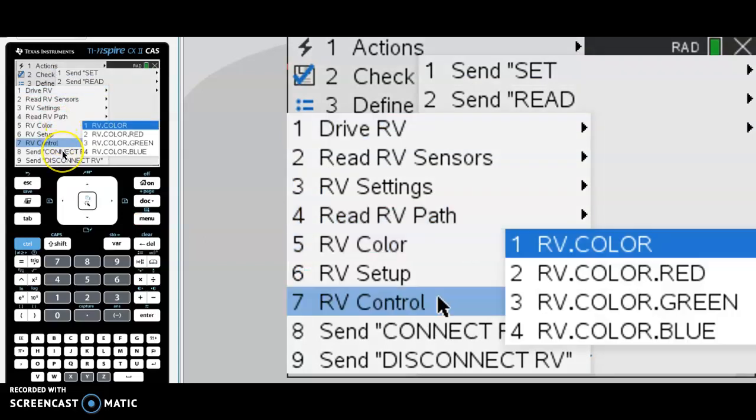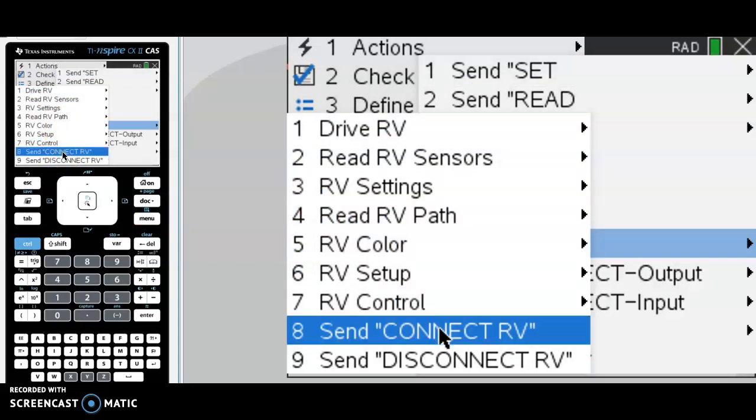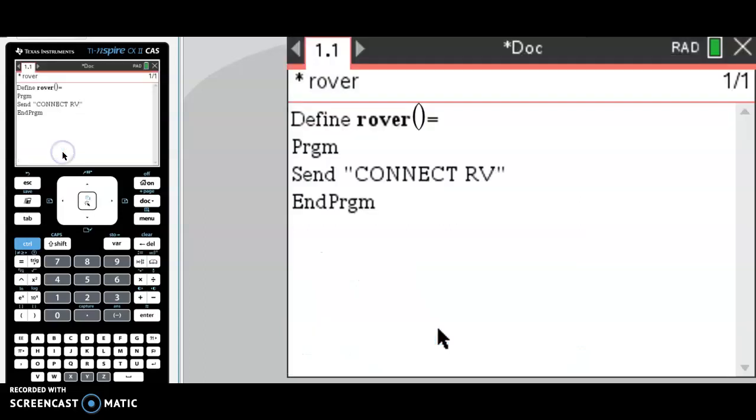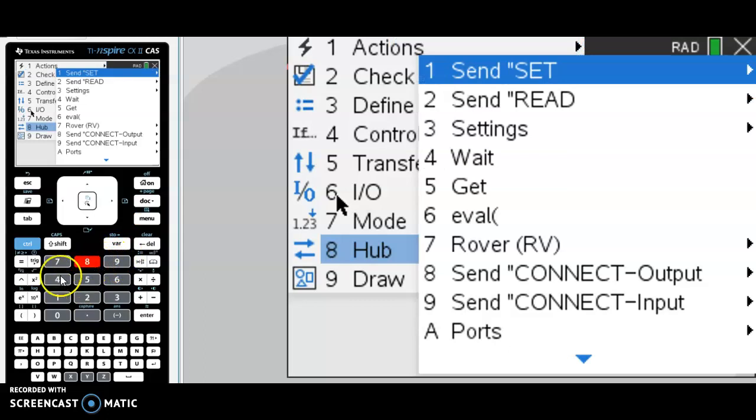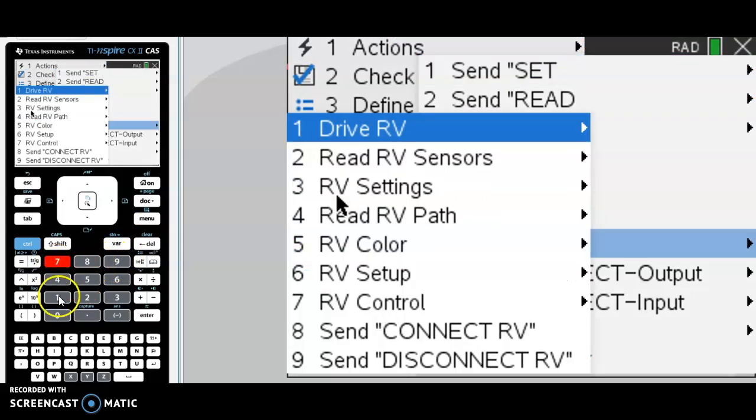And we've got to connect it. So if you look here, we've got to actually connect the Rover. Just like you've got to connect to the Wi-Fi in a new building or at school before you can actually use the Wi-Fi, we need to connect the Rover. Once we've done that, follow the same structure again on a new line of code: menu, hub, Rover, drive